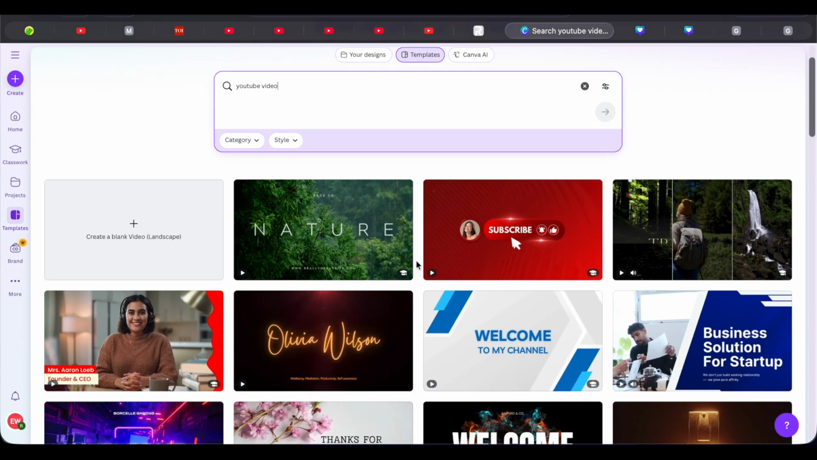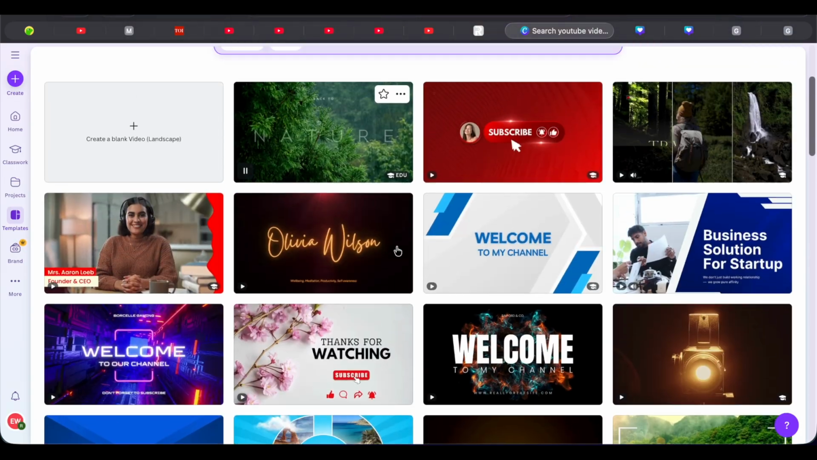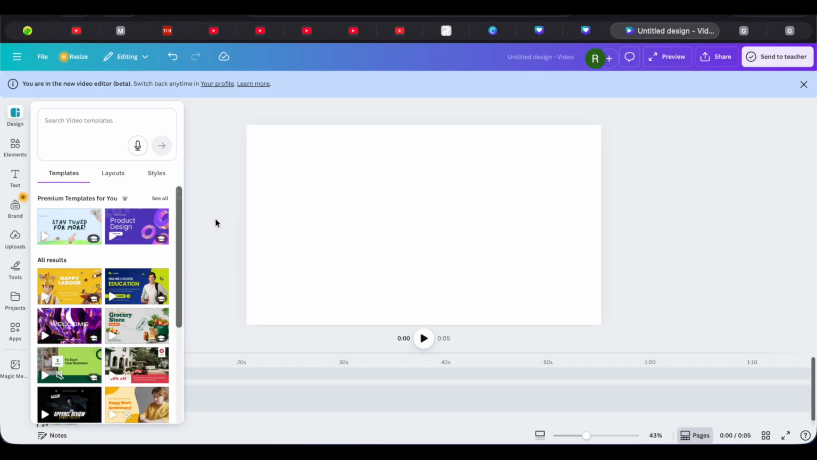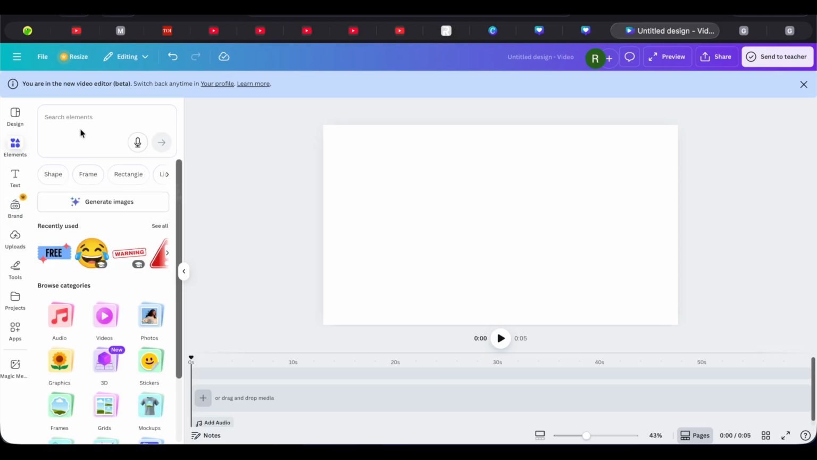And here you get different templates. Either you can go with any of the template over here, or you can create a blank one. Let's create a blank one. And here you can add different videos. Either you can upload video from your device, or you can simply get one from the elements section over here,